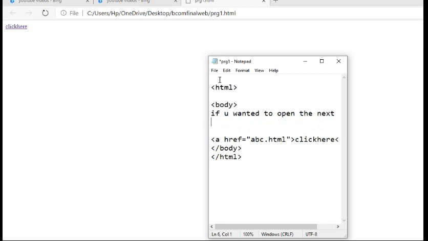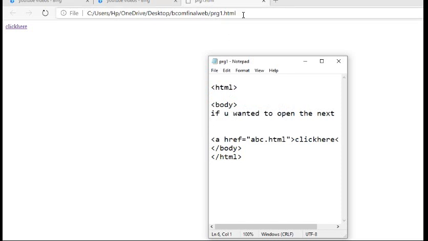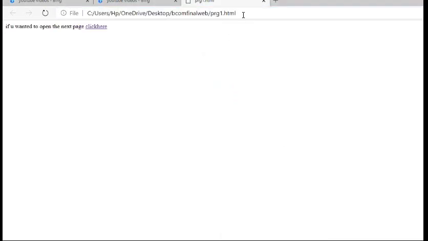Let us see here. File, save. Now I am clicking here. See, if you want to open the next page, click here. Whenever I click this click here, you are going to get abcd.